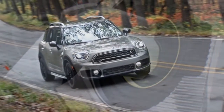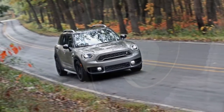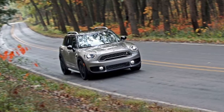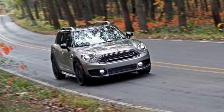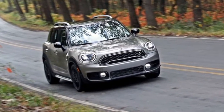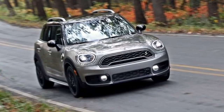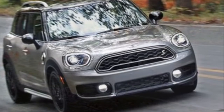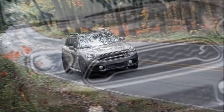Dynamically, the electrified Countryman falls a bit short of the brand's sippy heritage. At 3,915 pounds, it's a whole ton and a quarter heavier than Sir Alec Guinness's original Mini. It's motivated by a combined 221 horsepower from a 134-horsepower turbocharged 1.5-liter inline-3 driving the front wheels and an 87-horsepower electric motor powering the rears. The pair of power plants pushes the Countryman to 60 miles per hour in a respectable 5.8 seconds, but there's